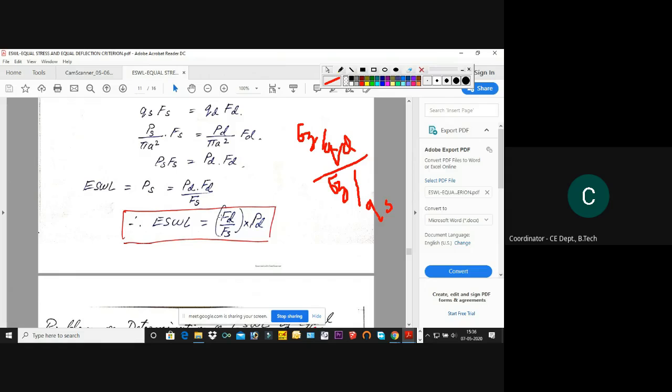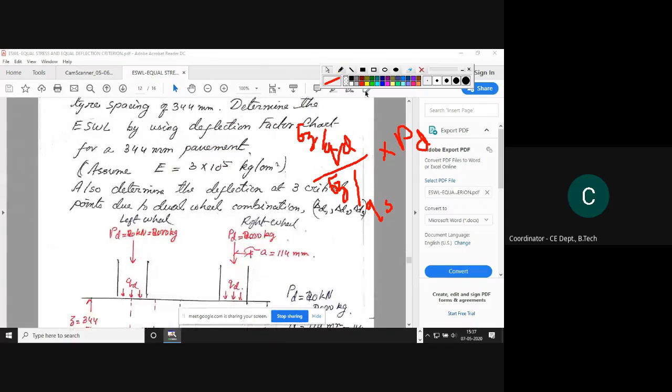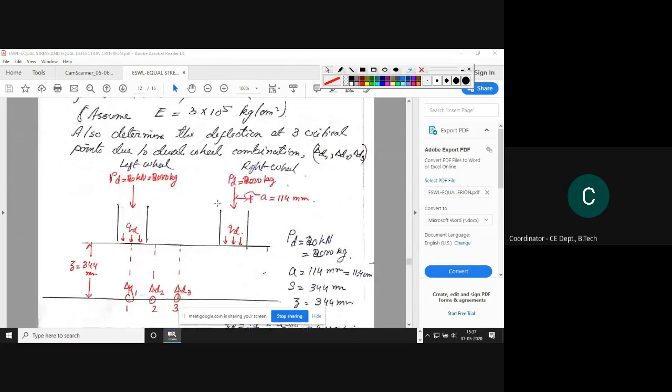Same here, that was the stress factor for dual, stress factor for single, into PD. We did it like that only in the first case. So here also the same. Instead of sigma Z by Q, we have to find F for dual, that is the deflection factor for dual, and like this, we have to find the deflection factor for single. Now how will we find it? The procedure is the same. I have used the same problem.